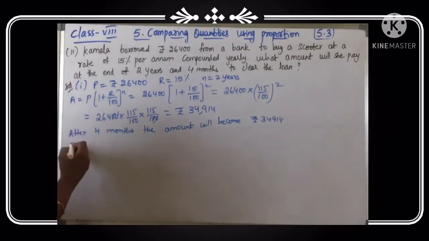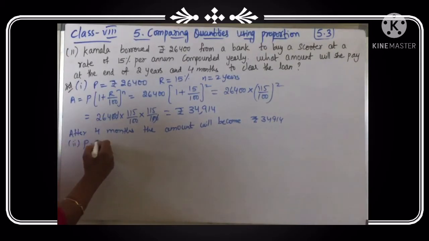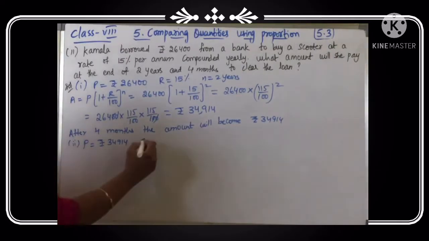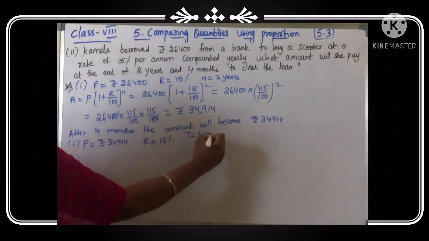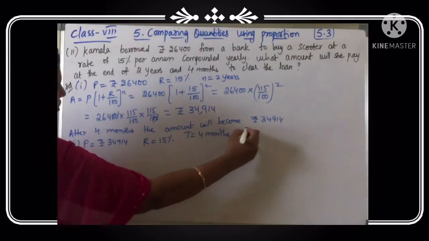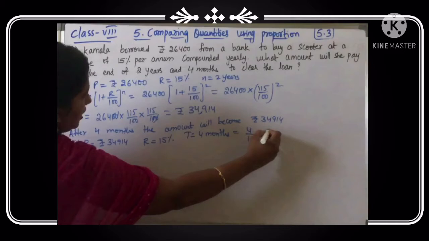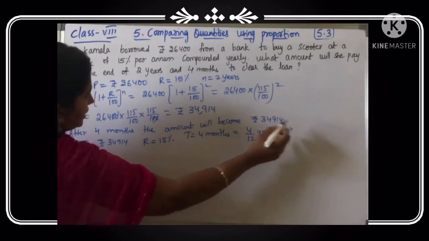Now here second part, P we should take as 34,914 and rate of interest is 15%, and T is nothing but here 4 months. So convert this months into years, that is 4 by 12 years, that is nothing but 1 by 3 years,